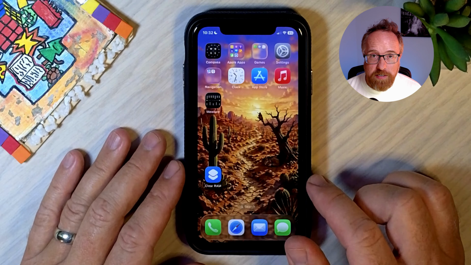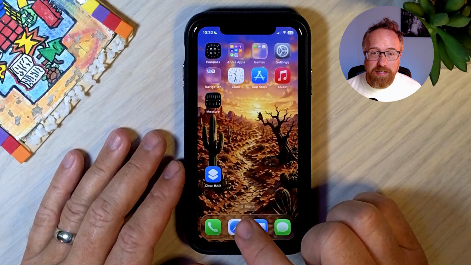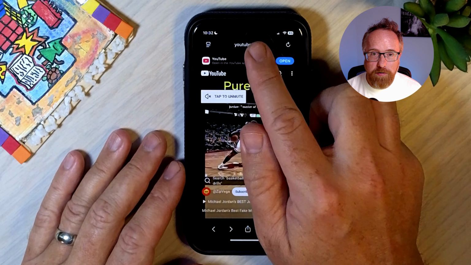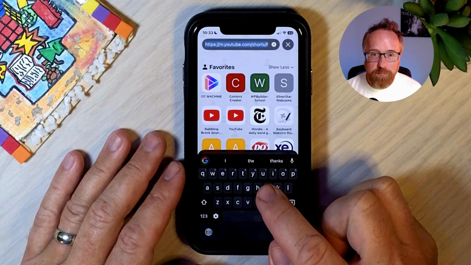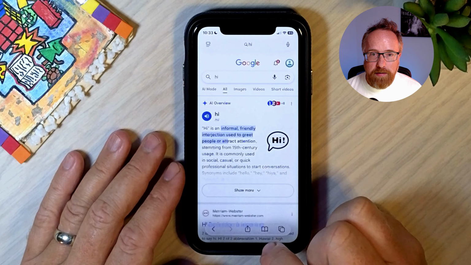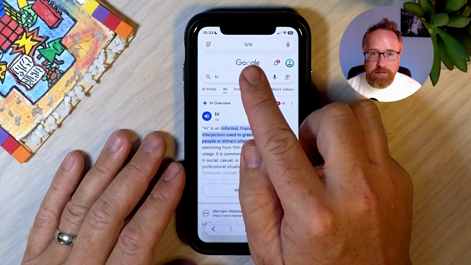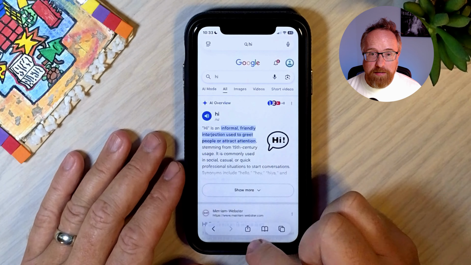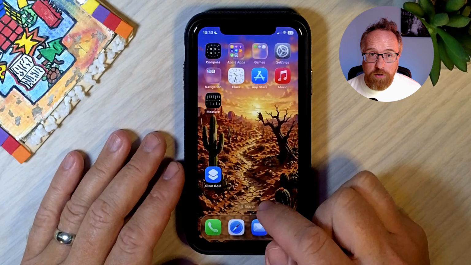The default search engine when you search for anything in Safari is Google. So if I just open Safari right here, tap in the address bar, which we can use to search for things, we search for hi, and Google is the search engine. We can change that. In this video, I'm going to show you how to change it to Ecosia, which is